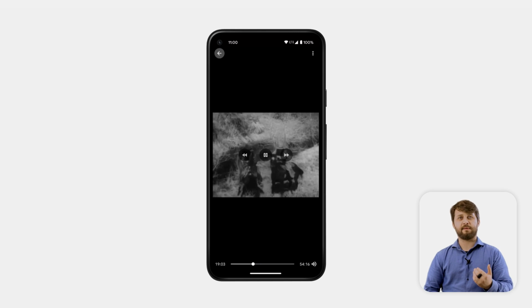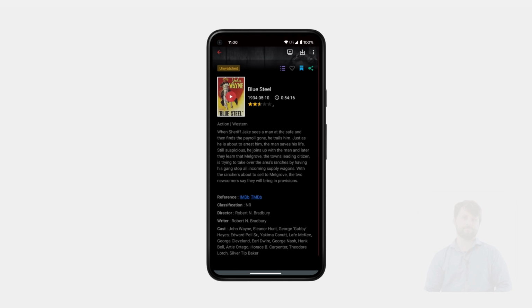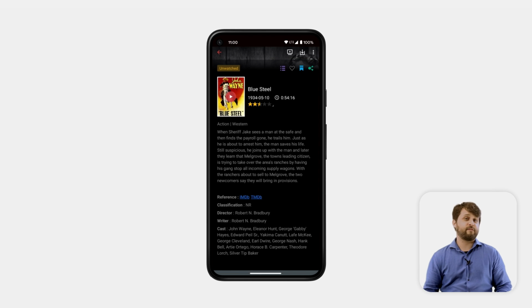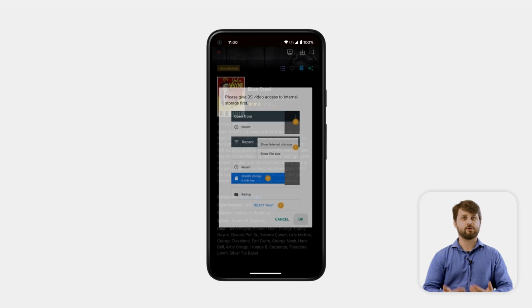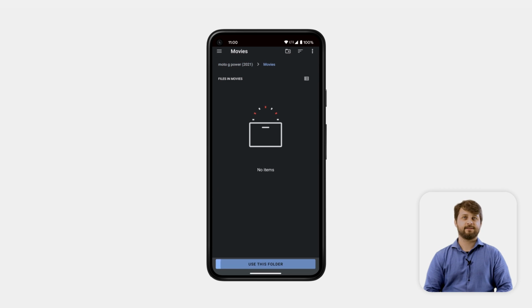And we're going to go ahead and back out and show you some other things that you can do inside of the DS Video application. Now that you've seen that you can play the video right on the DS Video app, let's show you what else you can do. You can also download the video locally, so you can always view it from anywhere regardless of your internet connection status. Of course, DS Video will need permissions to your local storage to actually download that video. So we're going to go ahead and grant those permissions and download that video locally so we can watch it no matter what.